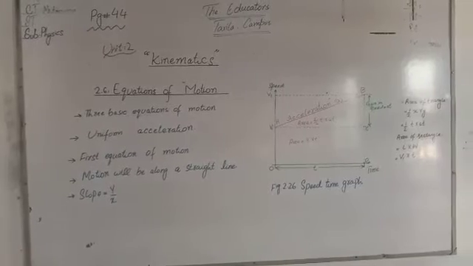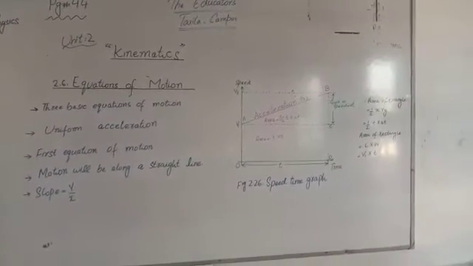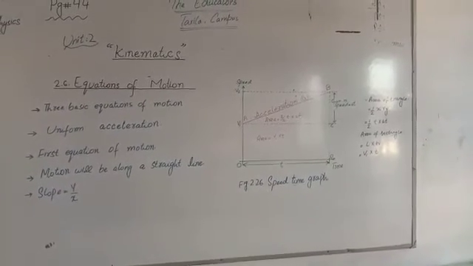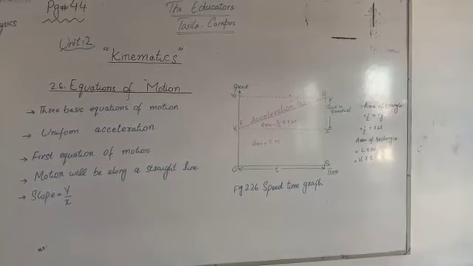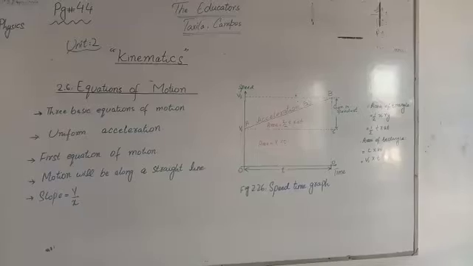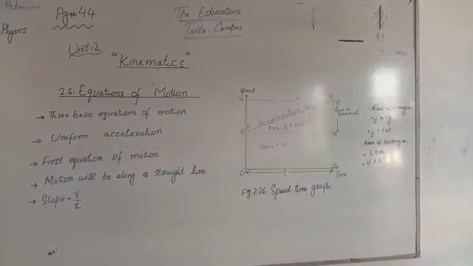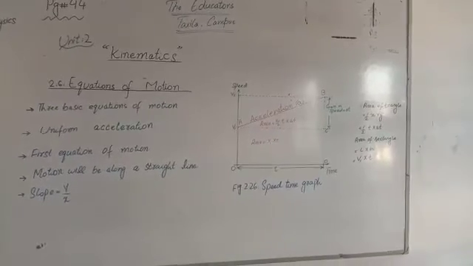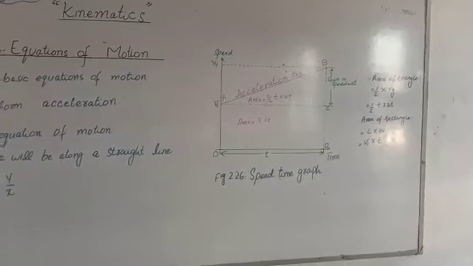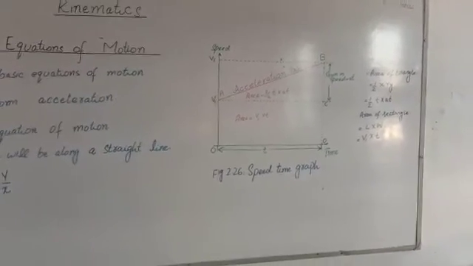So, consider a body moving with initial velocity Vi. Vi is the initial velocity of a body in a straight line and with a uniform acceleration a. Then its final velocity becomes Vf after covering some distance. Of course, its velocity will be Vf. The motion of the body is described by the speed-time graph. As you can see on the board, this is the speed-time graph. Speed is along the y-axis and time is along the x-axis.